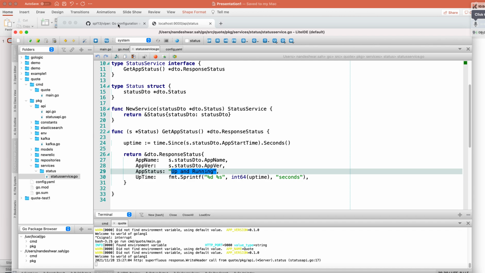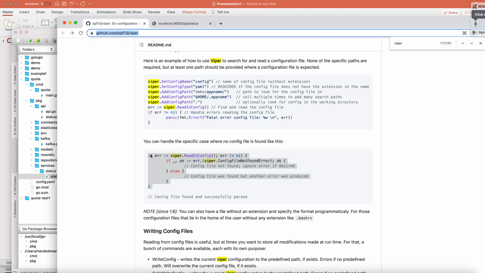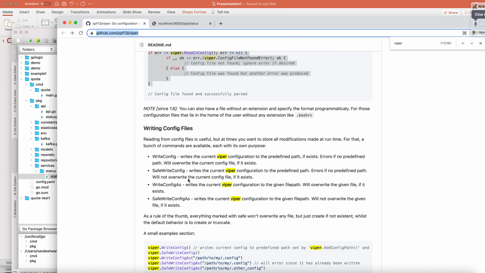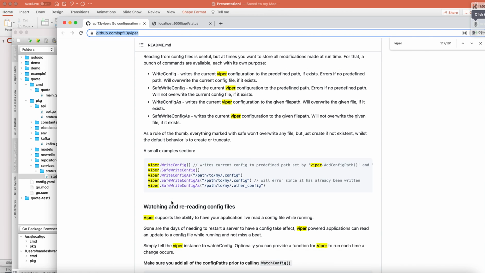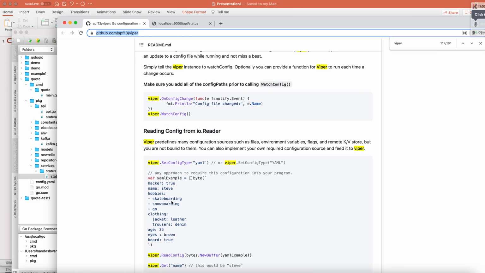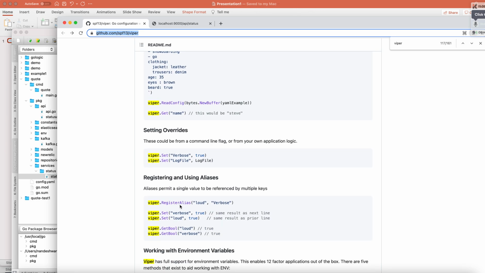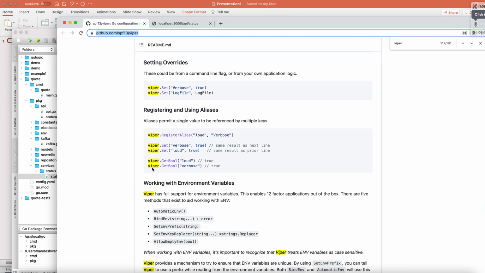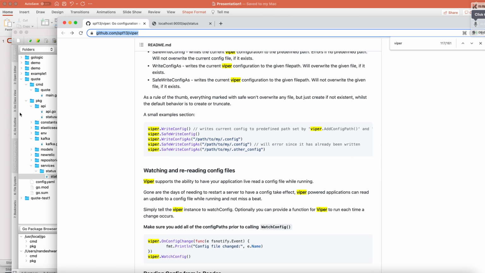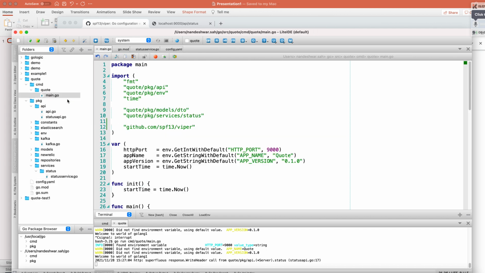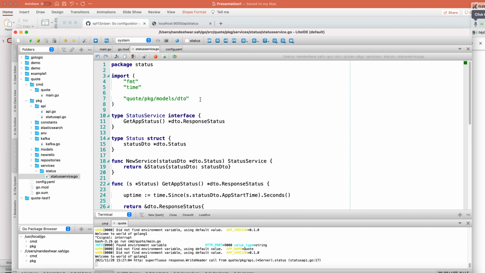Okay, let's see the documentation again from the Viper. Okay, we read that file. Now come to this place and see how to get the data. It's a Viper set. There should be Viper get. Okay, see here, there's a Viper get. But in order to use the Viper, we have to import the Viper. So go to the main first, and we already did this thing. Viper, copy this. Go to this service, and on top,